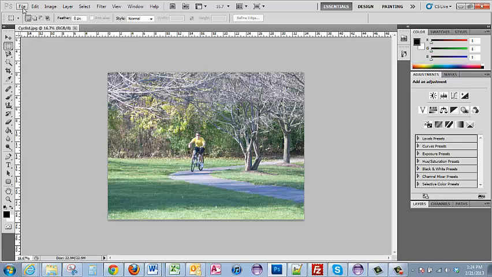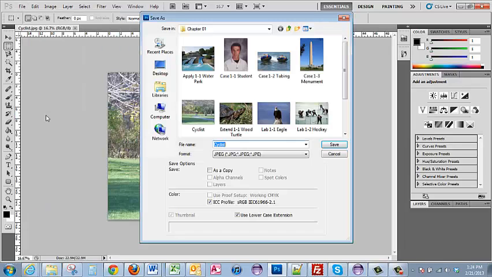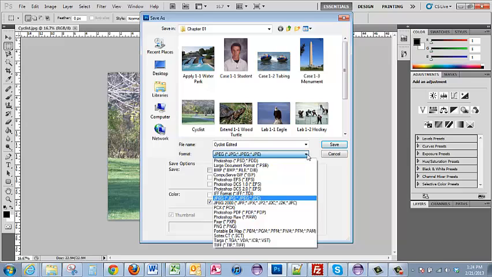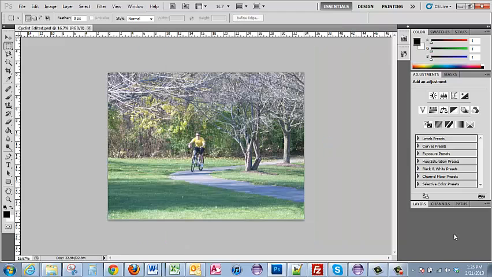And what we're first going to do is save this image. Anytime you're working with a photo, you're going to want to save the original. Let's call this cyclist edited, and we're going to change the format to PSD, which is a Photoshop format, which will allow us to edit the photo. So you'll notice also that the title bar is here with the new format, which is PSD, and it's at